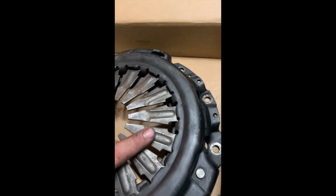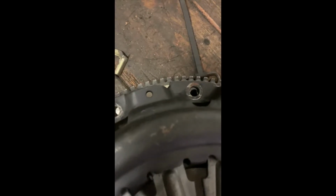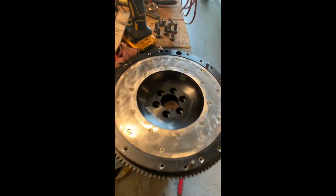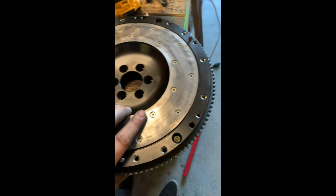Okay, this was not the plan. I went to throw in this competition clutch, stage 4, I believe, on the car, and for whatever reason, the holes don't line up. It's a wider bolt pattern than is on these two single mass conversion flywheels. Crap. So this wasn't the plan, but I have to use this now. The reason I'm sighing is because